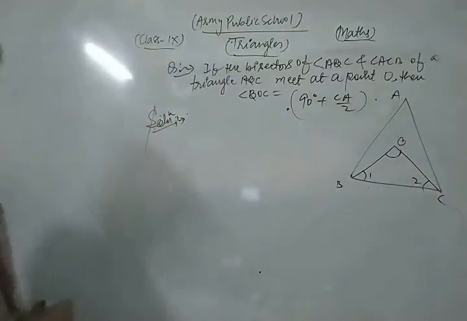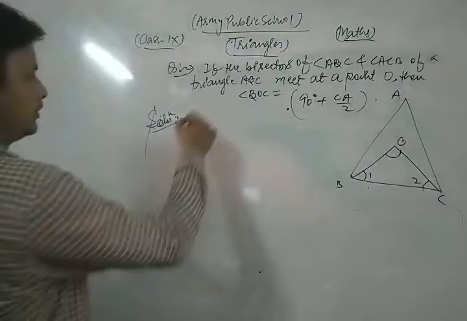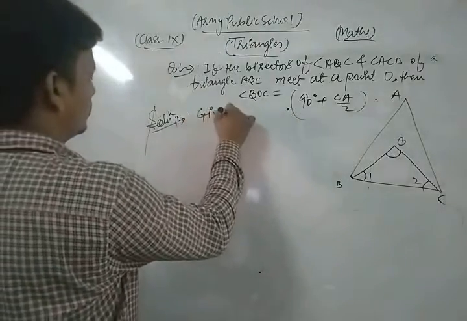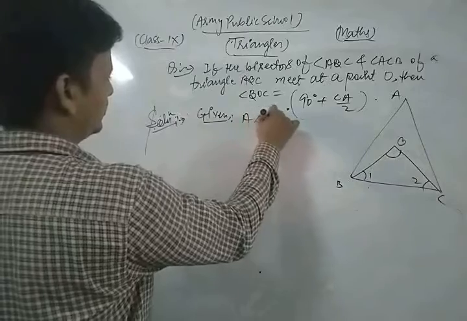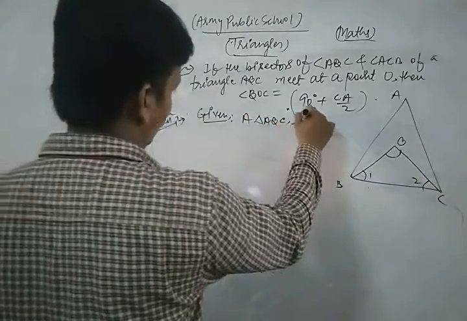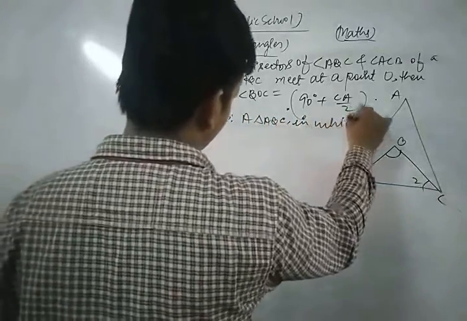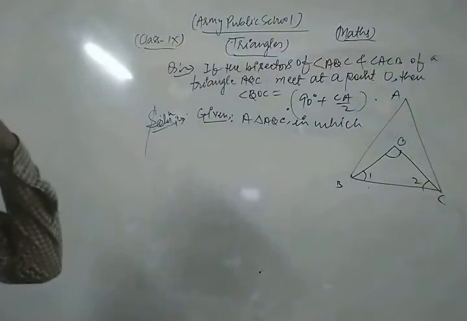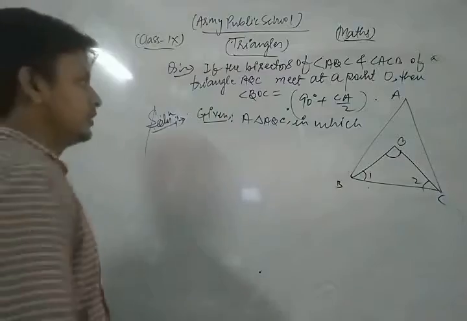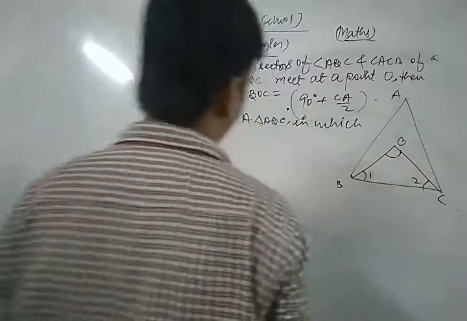First of all we write the given: a triangle ABC in which